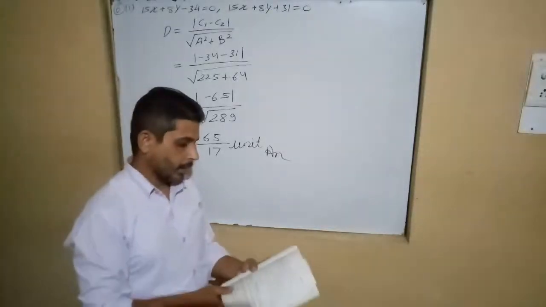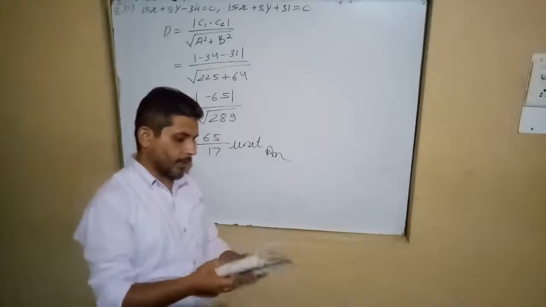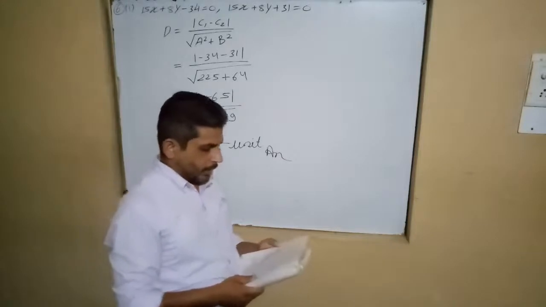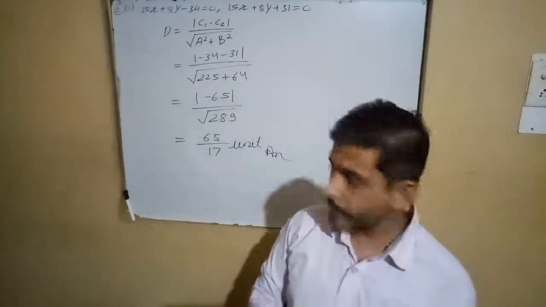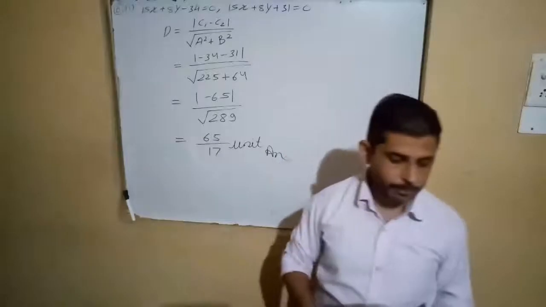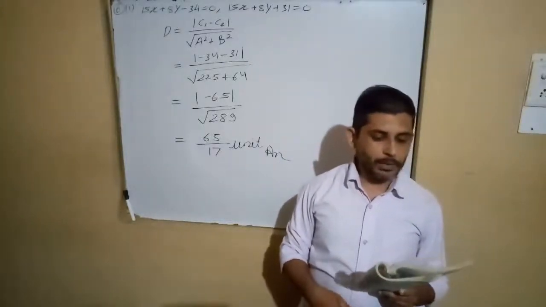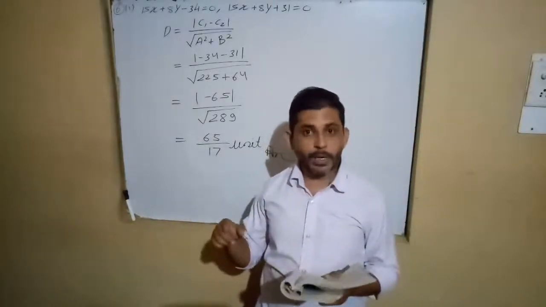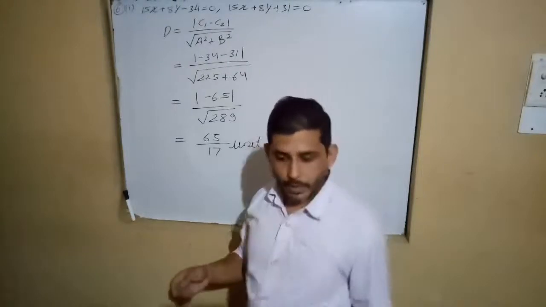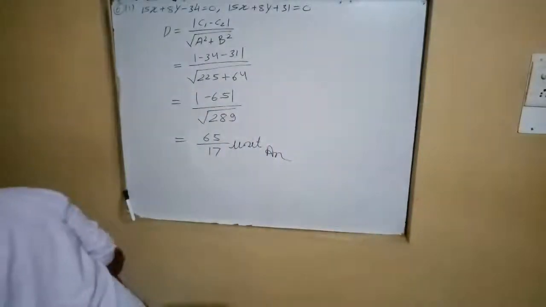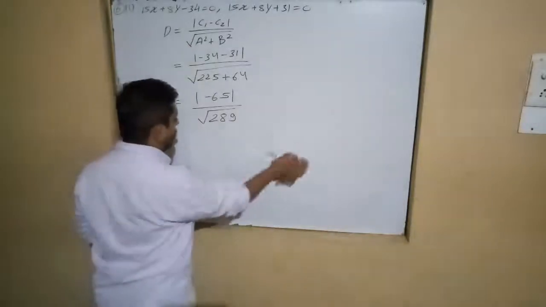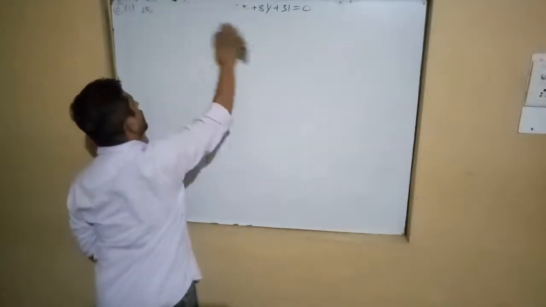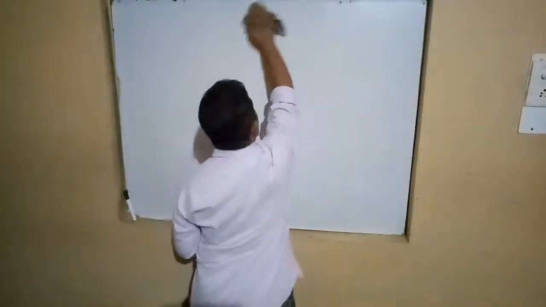Okay. Now we will do the next question. Let's do question 7th. The question 7th is: Find the equation of the line parallel to the line 3x minus 4y plus 2 is equal to 0 and passing through the point (-2, 3). Okay. So this is a conditional question. Here we have to find the equation of a line which is parallel to the given line and passing through the particular point.